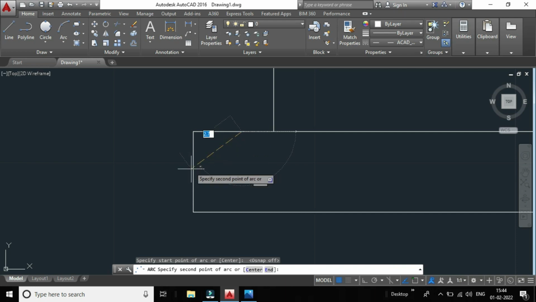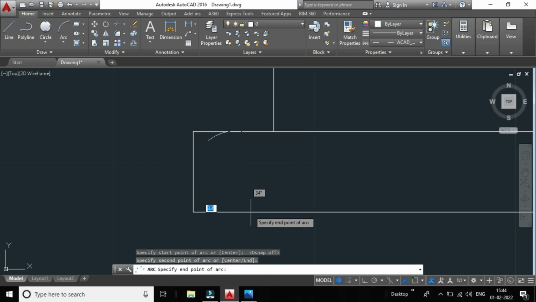Here it has been drawn. So in the same way we have to draw this side also. Okay, so for that let me draw. I will be drawing this fillet. Okay, so for that